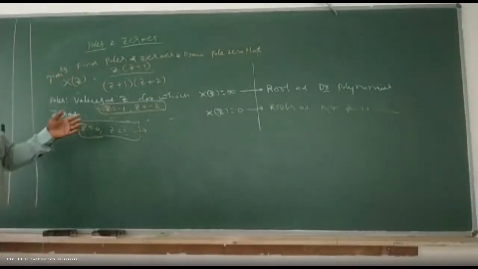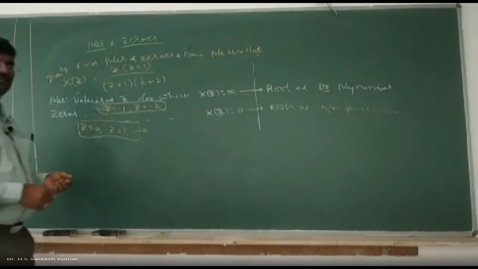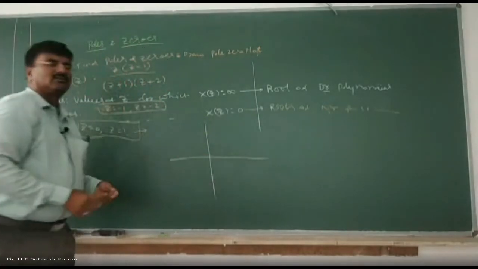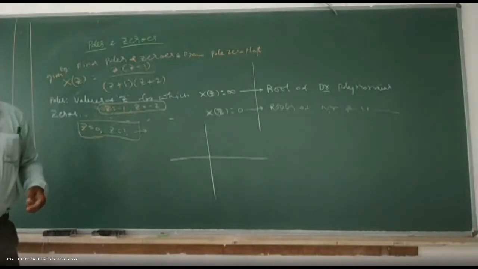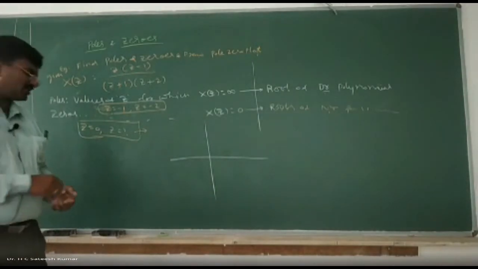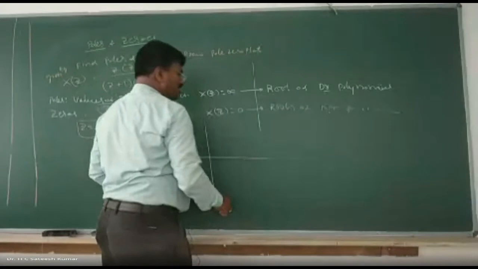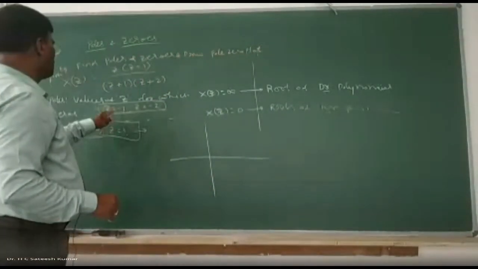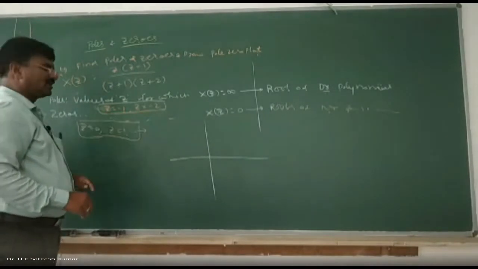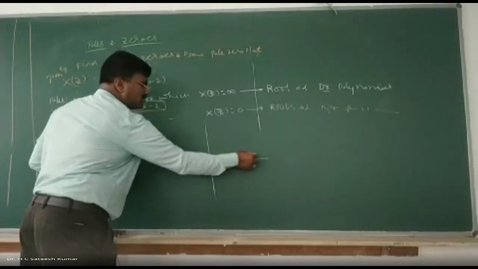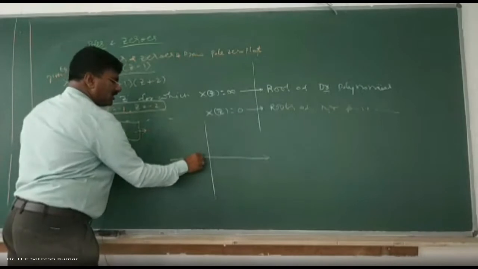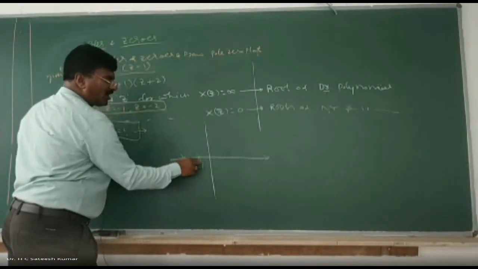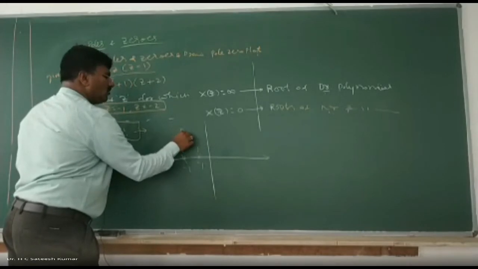Right? So what about the pole zero plot? It is a graph in terms of the z plane, which indicates the location of poles and zeros. Where are the poles and zeros? Poles are at -1 and -2. This is the real axis of z, only the real part we have. Here this is -1 and -2, and poles are represented by a cross. These are the poles.